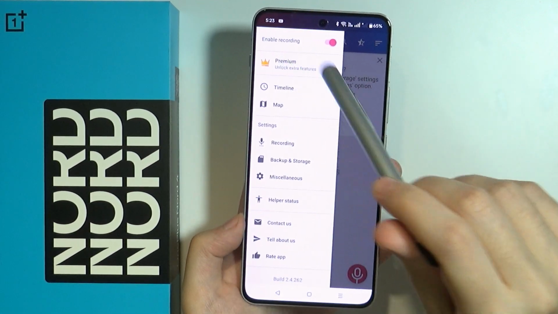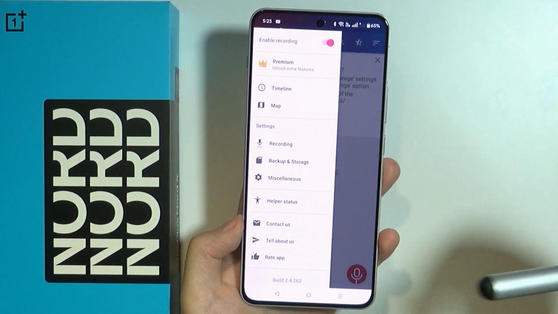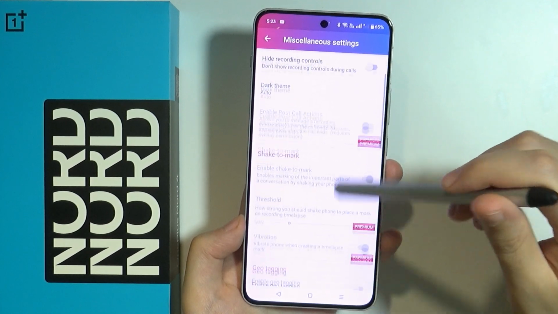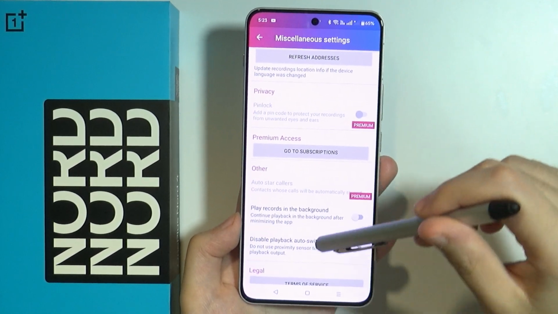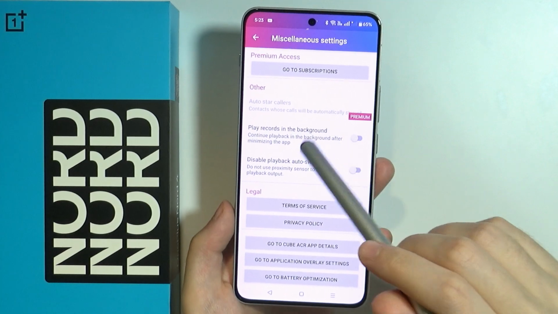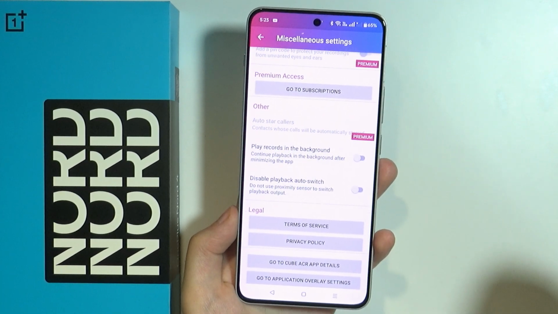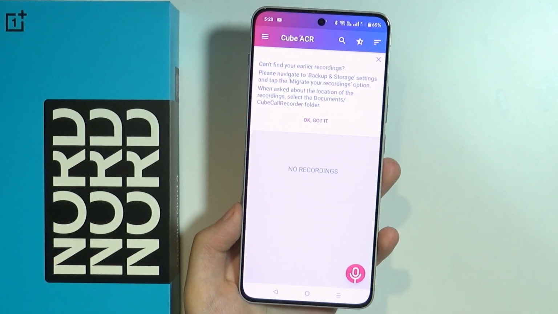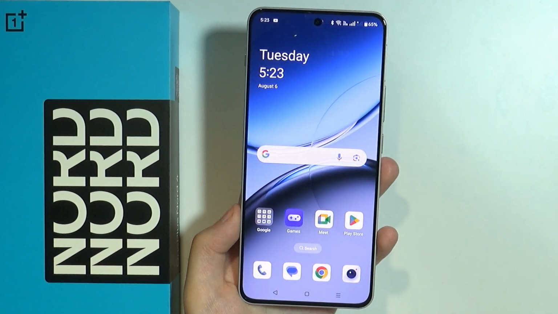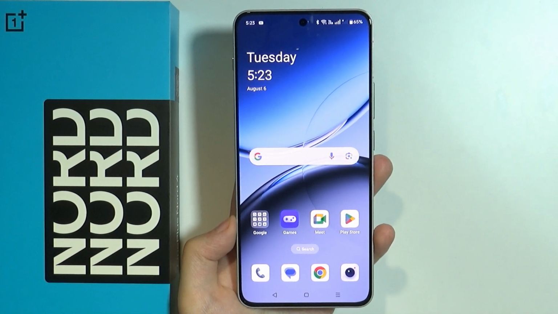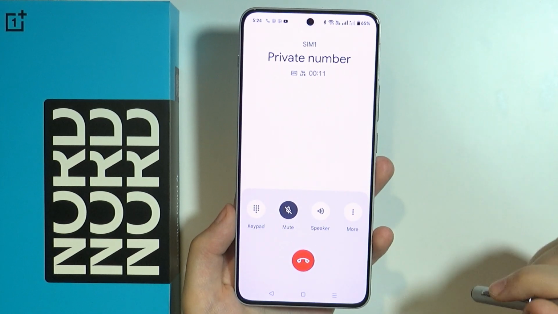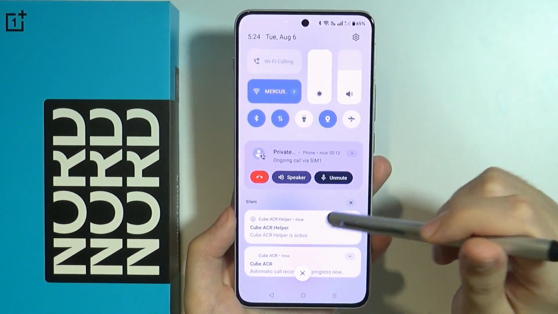You can also tap on these three lines in the top left corner in order to find, for instance, some settings. Some of them can actually be managed over here, some of them are hidden behind the paywall, but I think the essentials can be still managed over here. So once we are done, what we can do now is pretty much make a call. So let's try to answer the call. There we go, so I have answered the phone call,